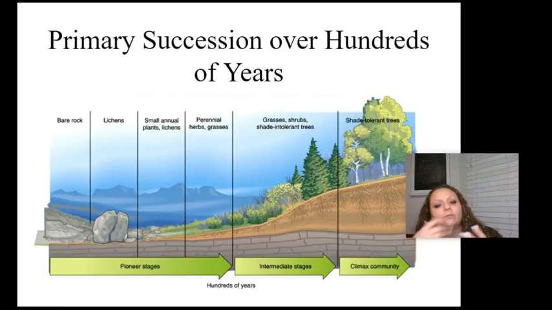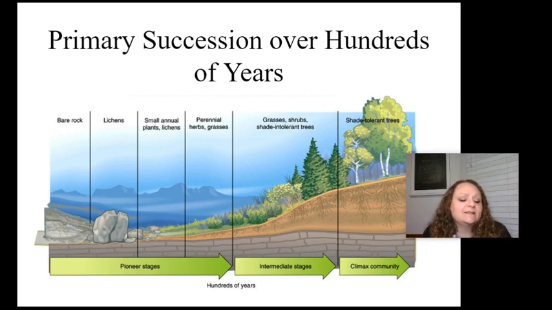Here you can see what I'm talking about. So this is primary succession occurring over hundreds of years. Succession takes a long time. When we start off with this particular instance of succession, we have bare rock. There's nothing there. There's no soil. Maybe there was a volcanic eruption, or maybe there was a glacier that melted and receded. We're actually getting lots of that right now. And the bare rock under it is revealed.